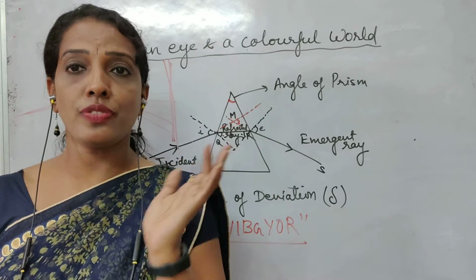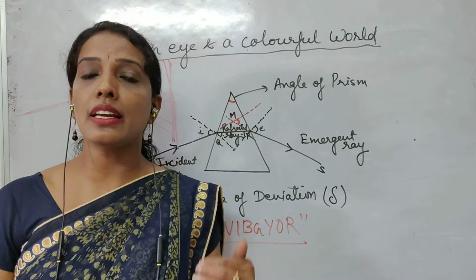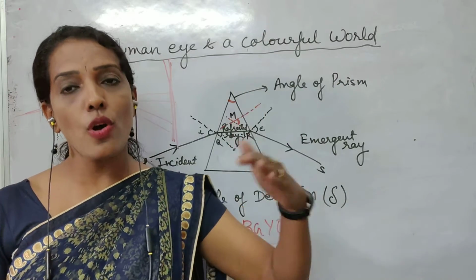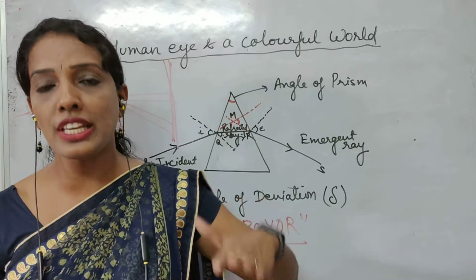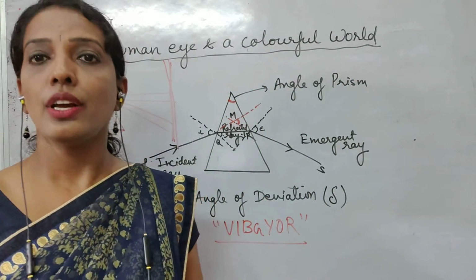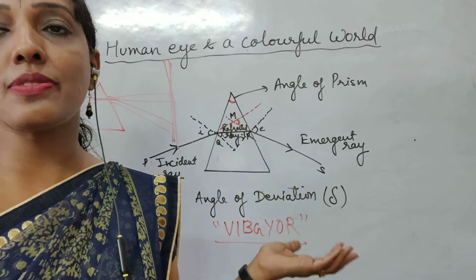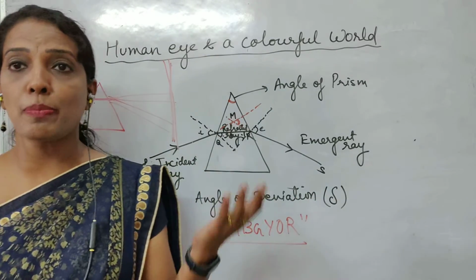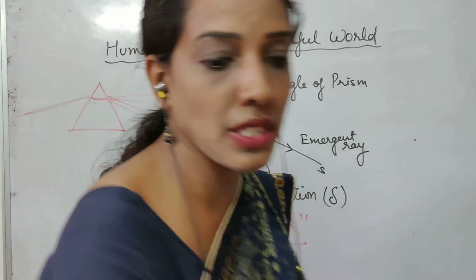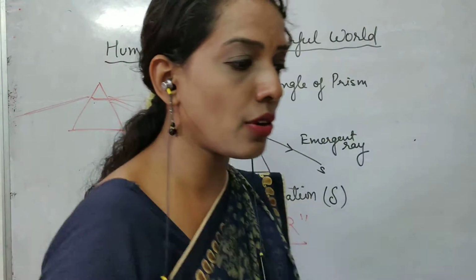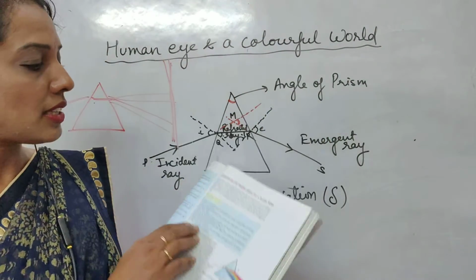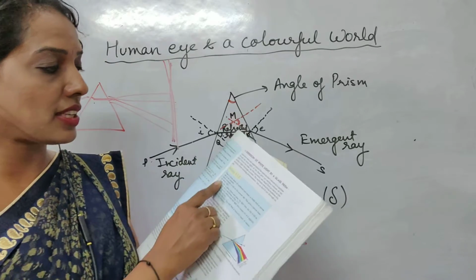The order of the colors formed in increasing frequency is red, orange, yellow, green, blue, indigo and violet. So whenever we perform such an experiment, here you have one more activity, which is what we were discussing.